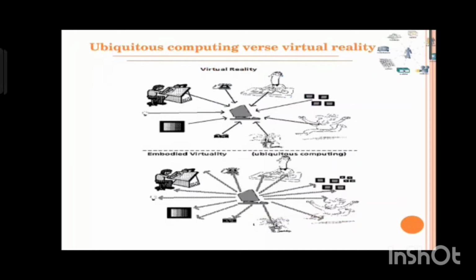Ubiquitous computing versus virtual reality. In this picture, the first picture predicts virtual reality, whereas the second one gives us ubiquitous computing, that is also known as embodied virtuality. In the first one,